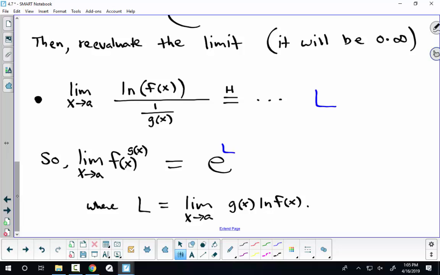Okay. Looking at this stuff, does anyone have any questions or comments initially? It looks a bit messy, but we'll look at some examples and hopefully clarify any questions you have. This by far is the most involved of the indeterminate forms when we're using L'Hopital's rule. Okay, so we'll start off with